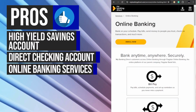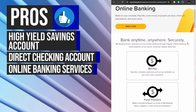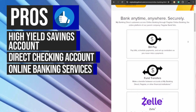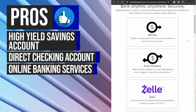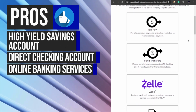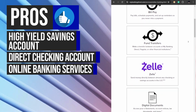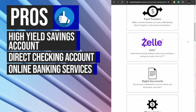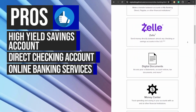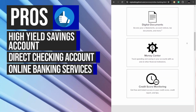and securely. My Banking Direct's online banking platform offers a range of convenient features. You can access your accounts whenever and wherever you want, providing flexibility and accessibility to your financial information. The online banking services also include e-statements and e-documents, reducing paper clutter and enhancing convenience. Furthermore, you can stay informed about your account activity with mobile alerts and notifications, keeping you updated on important transactions